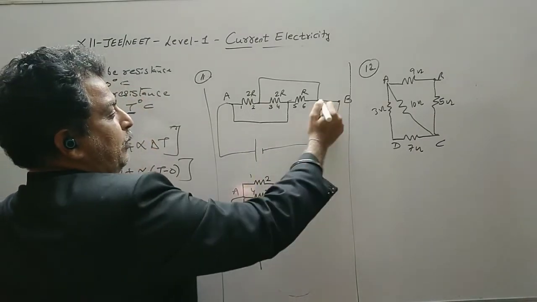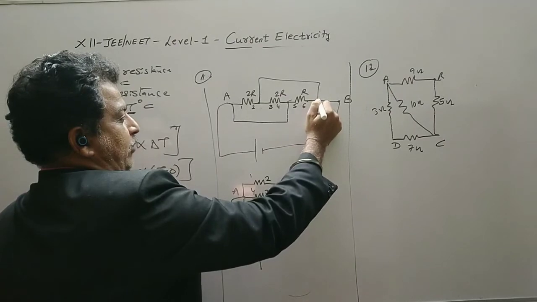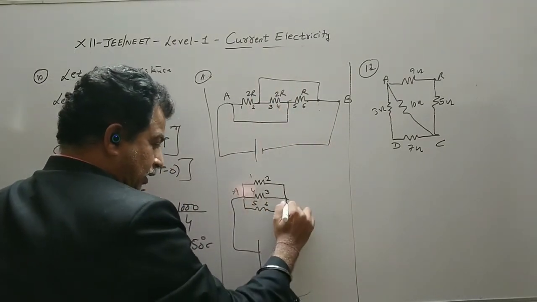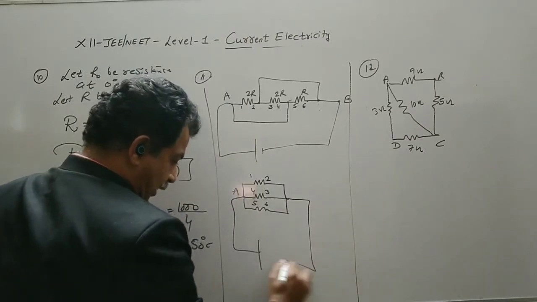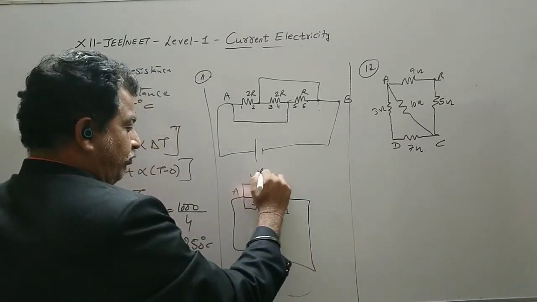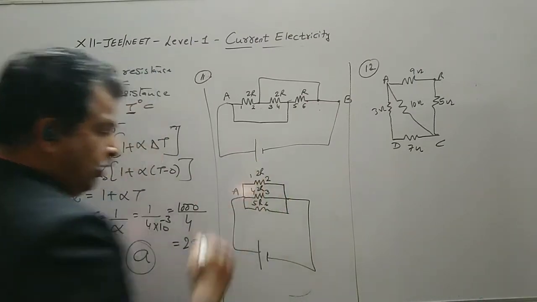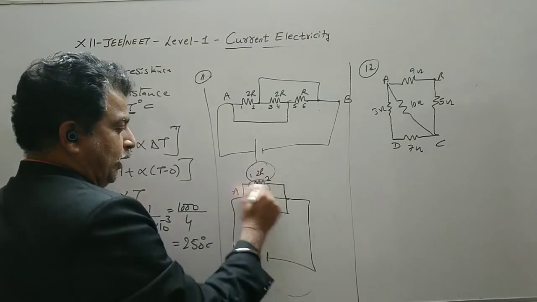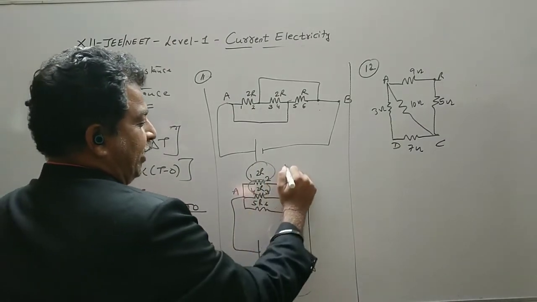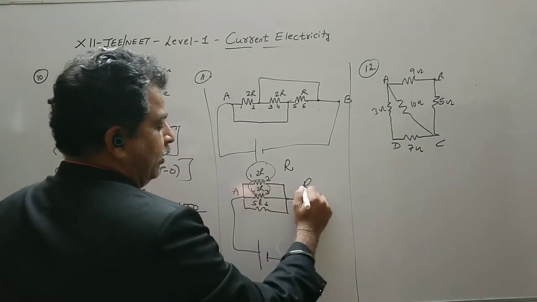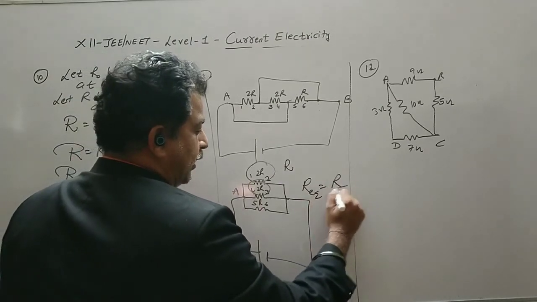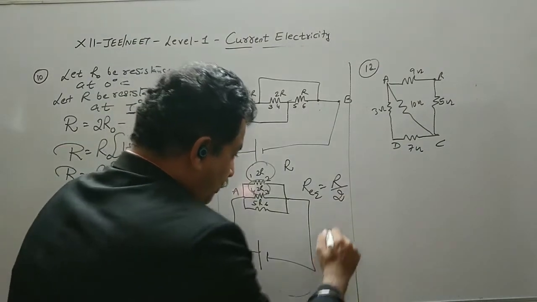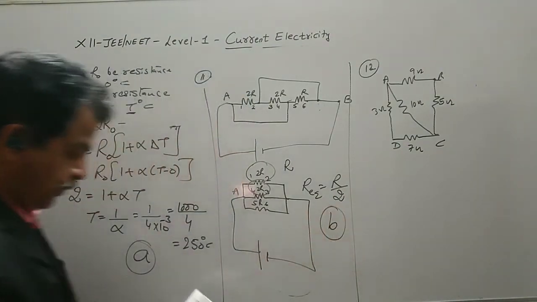Now see the negative terminal is connected directly to the 6, and via this wire we go to point 2 and 3. So 2 and 3 are connected, 3 and 6 are connected, and they are connected with the negative terminal. Now we have the three resistance in parallel combination. So now this 2R in parallel combination give you the value of R parallel. So R equivalent becomes R parallel becomes R by 2. That is option number B.